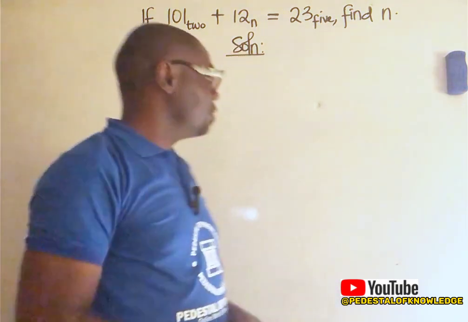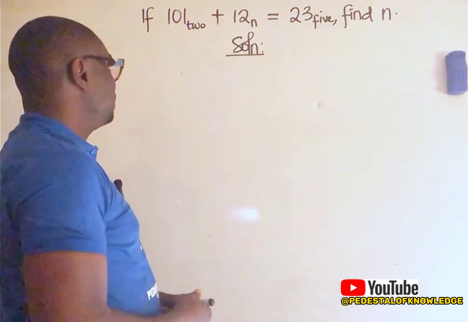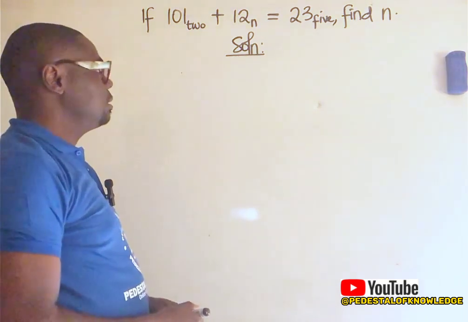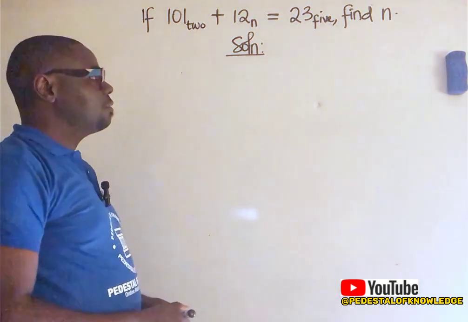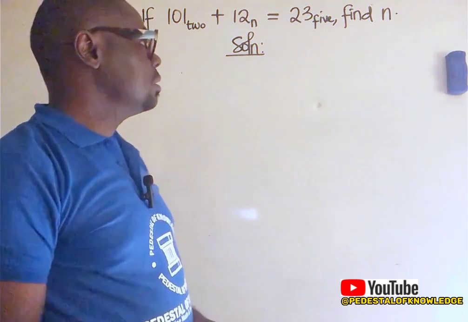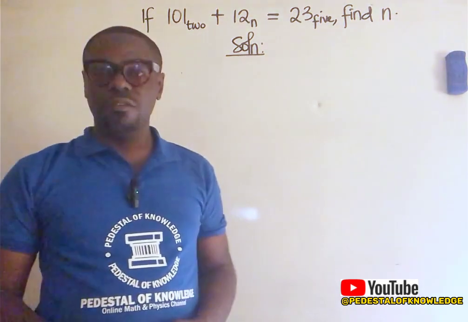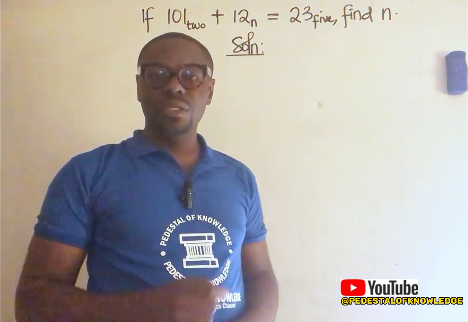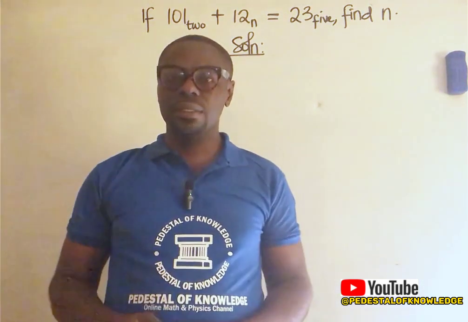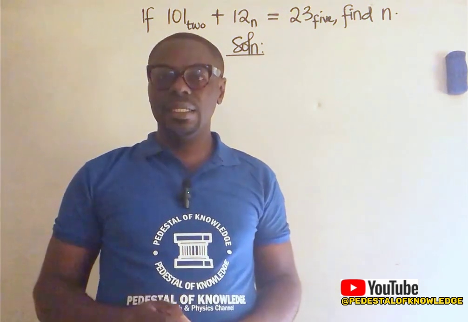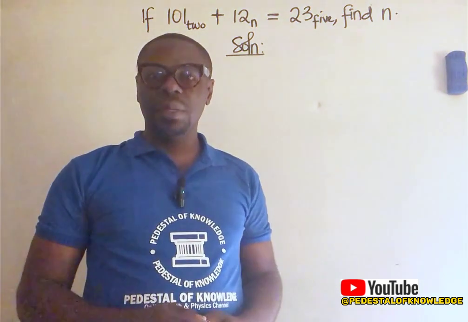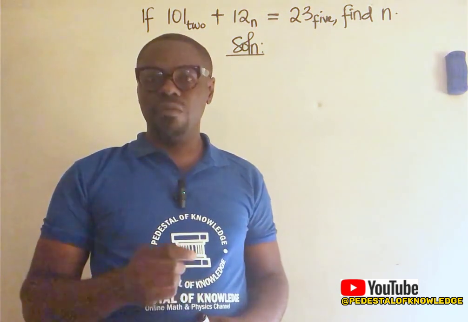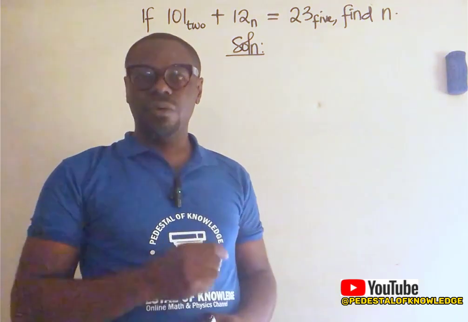Okay, now this question says: if 101 base 2 plus 12 base n is equal to 23 base 5, find the value of n. Whenever you are given this kind of problem, the first thing to investigate is to find out if all the numbers are expressed in base 10. Remember that base 10 is the standard base. So any number that is not expressed in base 10 must be converted to base 10